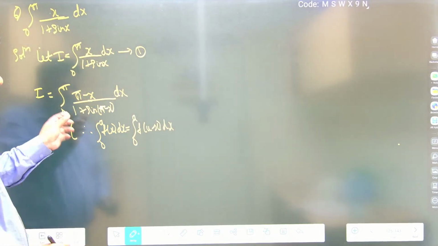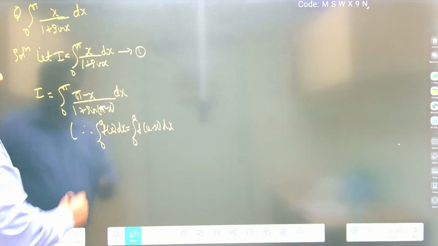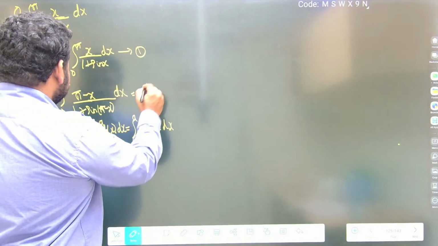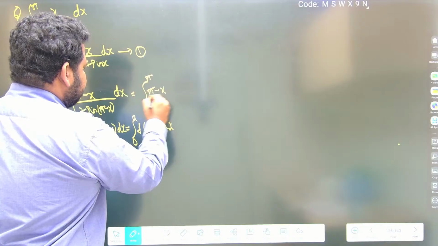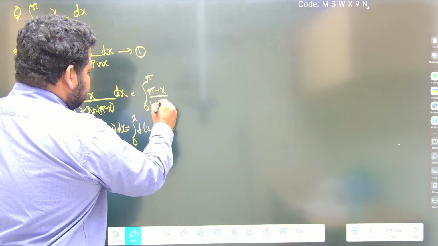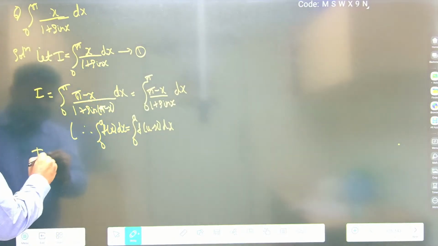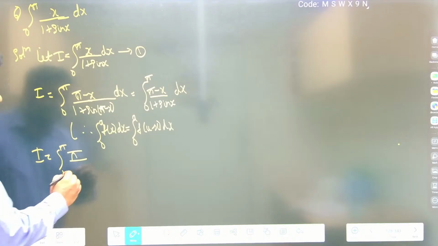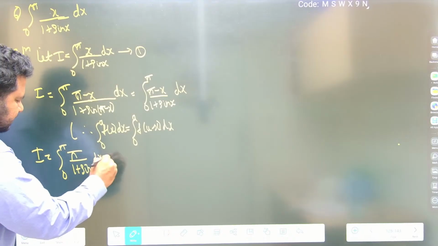Now separate and divide it. Sine of pi minus x is sine of 180 minus theta, which is sine x only. So this will be equal to the integral 0 to pi of pi minus x divided by 1 plus sine x dx. Now let us separate and divide it. So I will be equal to the integral 0 to pi of pi by 1 plus sine x dx minus the integral of 0 to pi